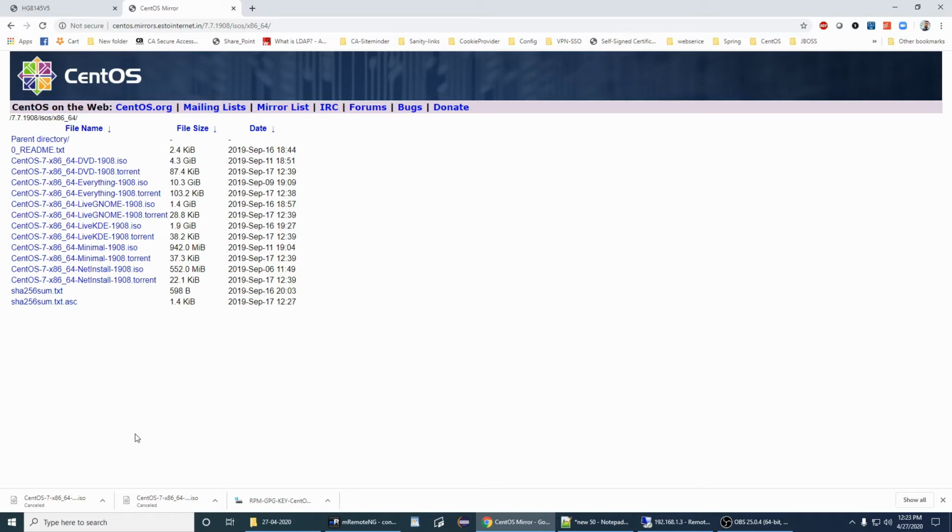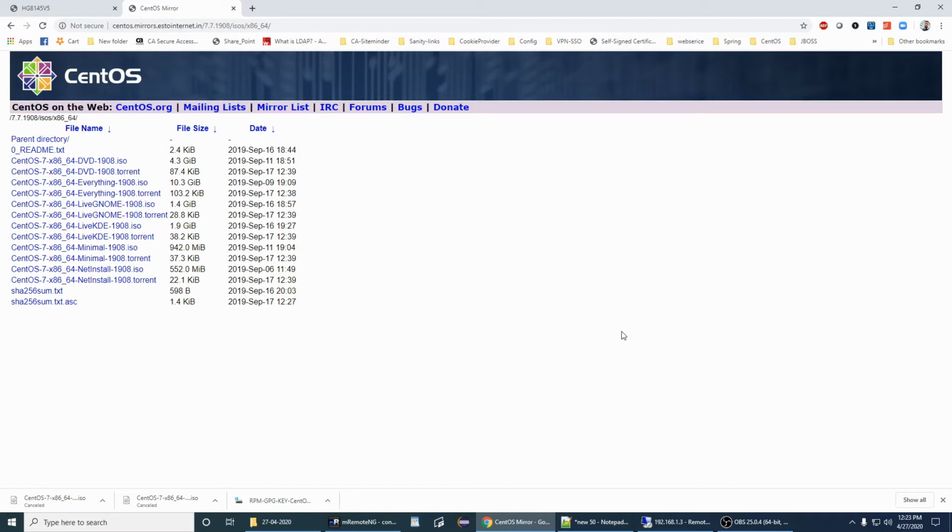I will be opting for a minimal configuration of the CentOS Linux version, because when I say minimal, most of the packages will be missing from this ISO image. When I need something, I just have to download and install it. So I'll go with minimal. You can also go with the minimal 942 MB. I already downloaded the minimal ISO package of CentOS 7.